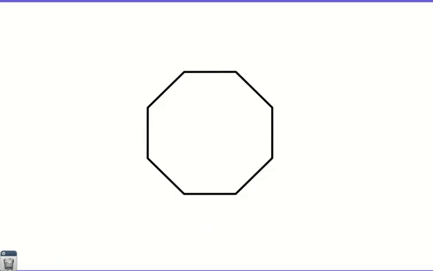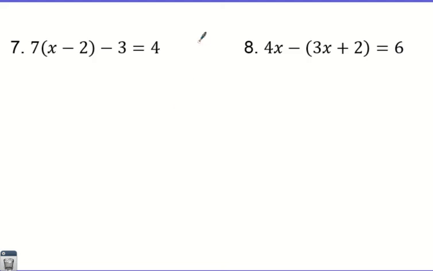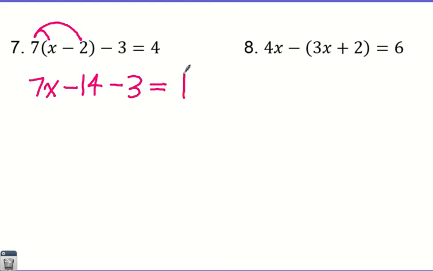Maybe a couple more examples? Yep, just a couple more. And they're similar. There might be a slightly new twist in number 8, kind of. But number 7, the first thing we would do is, that's right, clear the bubble. 7 times x, or 7 times 1x, which is 7x. 7 times negative 2 is minus 14. Bring down the minus 3, bring down the equals 4, and then we check, is there